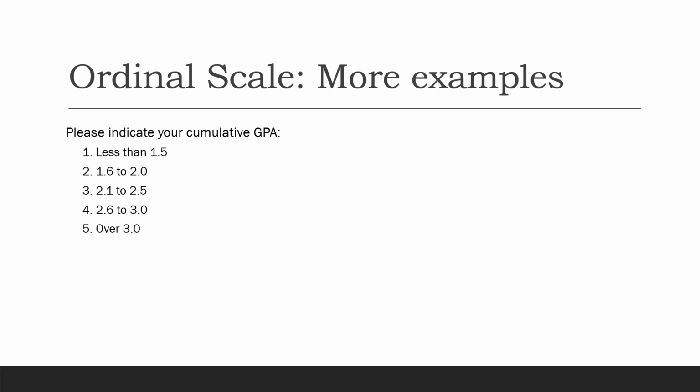Similar to the previous example, these codes mean something, right? The lower code represents lower GPA, the highest code represents the best GPA, and codes number 2 and number 3 represent below average and average GPA